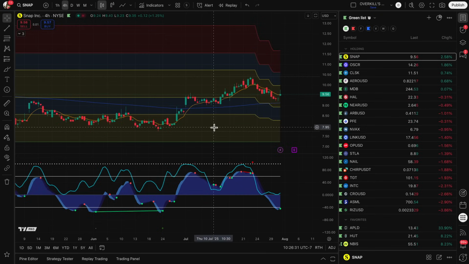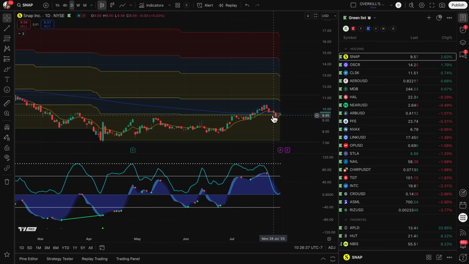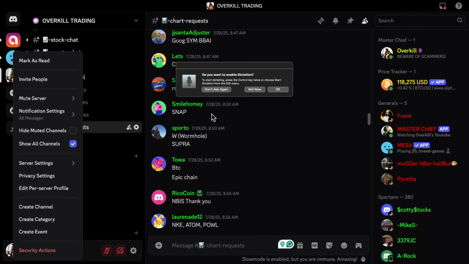We have a very nice setup here on Snapchat going on right now. We got the 4-hour dot showing up here on Snap. This thing is looking like it's ready to absolutely explode back to the upside. You can see that stochastic RSI is back down here on the floor. This was actually right where we left off